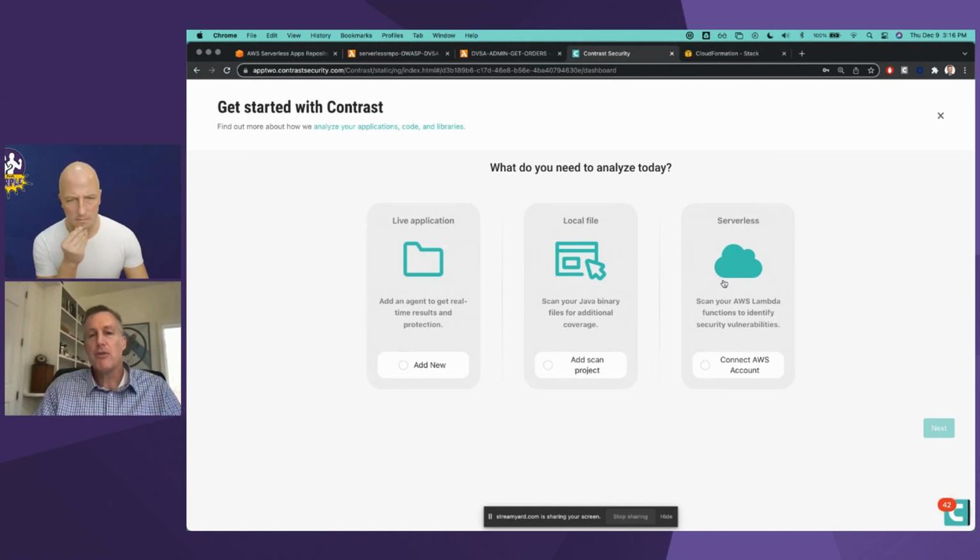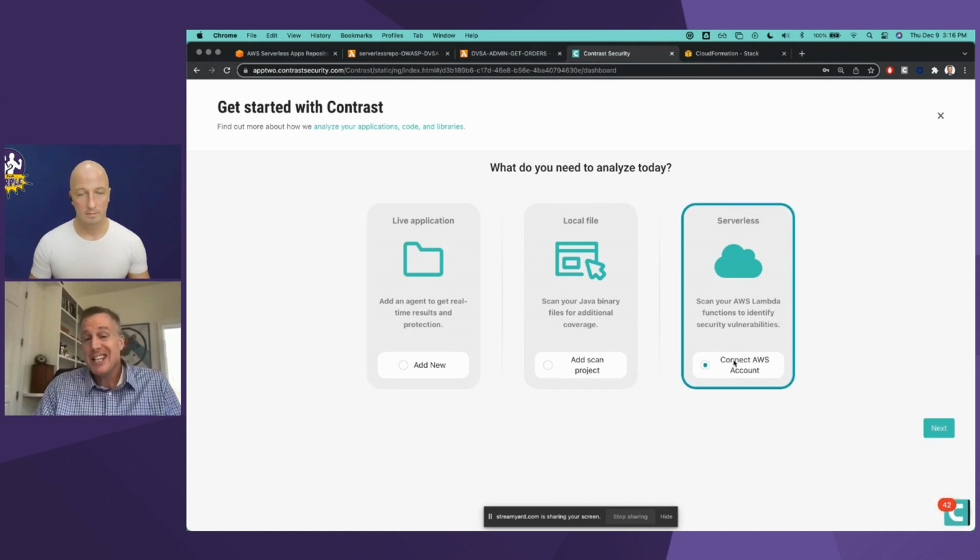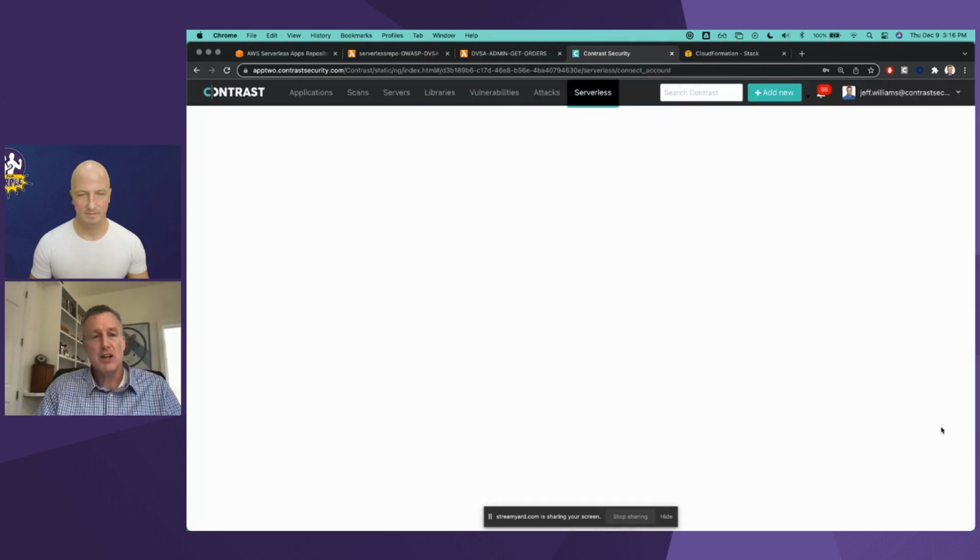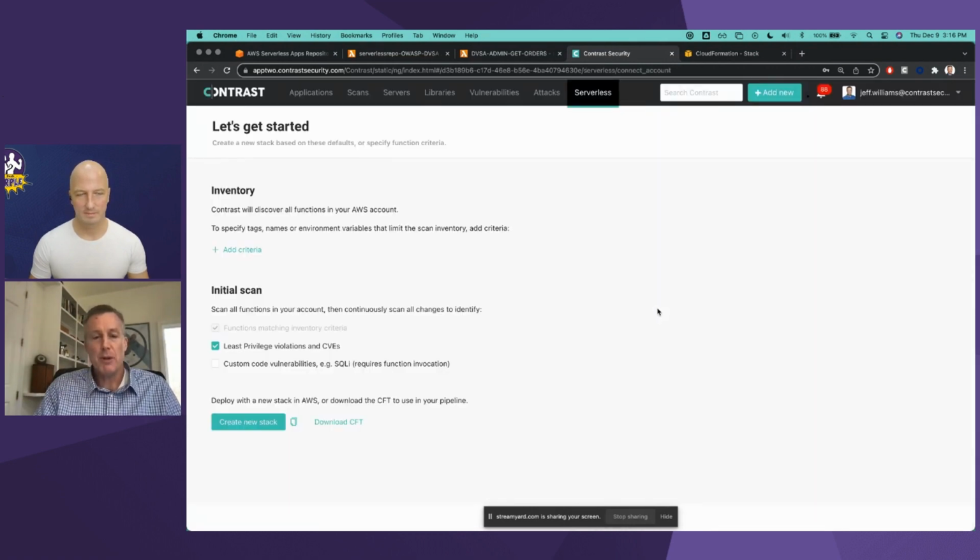So we support three ways of analyzing apps. A live application is like a web application running on an app server, the sort of traditional thing, maybe APIs running that way, running in a container, anything like that. Local files, if you want to statically scan some code, you can do that here as well with a scan project. And for serverless, this is the easiest thing to install: we're just going to connect our AWS account. So when I hit next here, it's going to bring up a template for me. And it's going to say, hey,